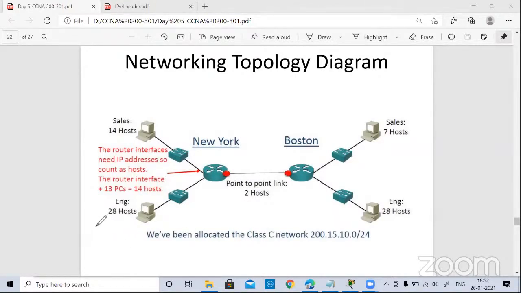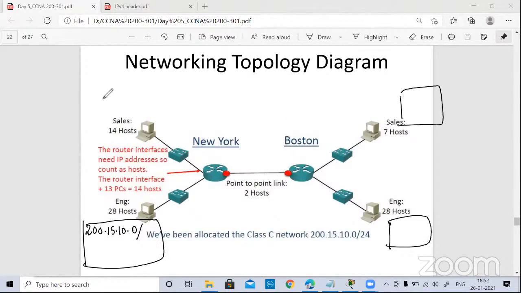Let us start from here, with 200.15.10.0. We'll give one entire subnet here, and then one chunk will come over here, over here, over here, and then one more over here. So you are going to tell me how we are going to do /27 here. You have 28 hosts, so we are going with /27. So up till 200.15.10.31/27, right? Because we have 32 addresses. Correct? 28 plus 2 makes 30, and we are close to 32. So that's right.